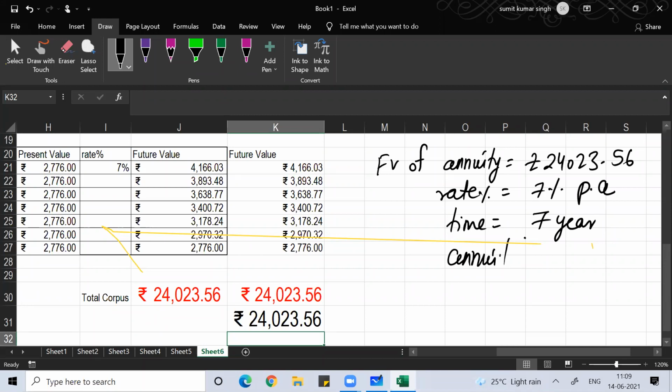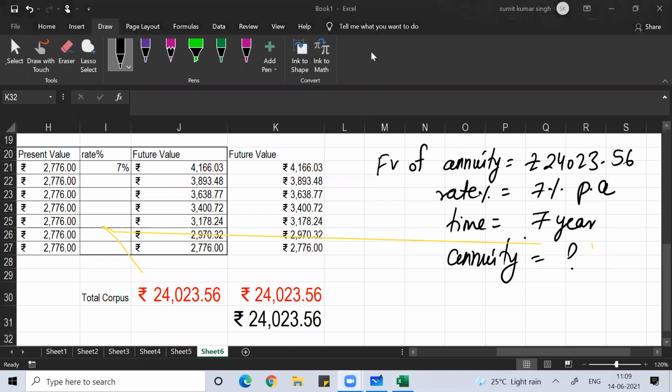What would be your annuity, guys? Can you tell me this answer?